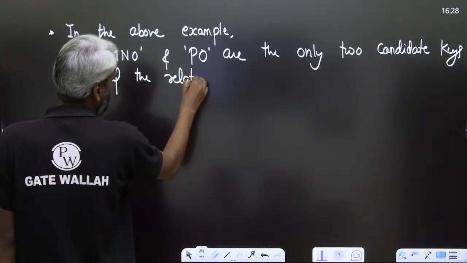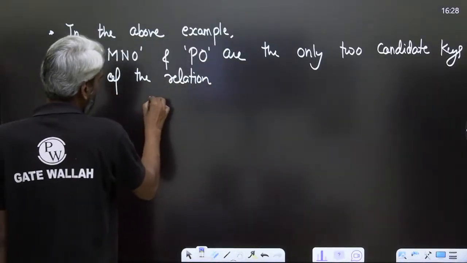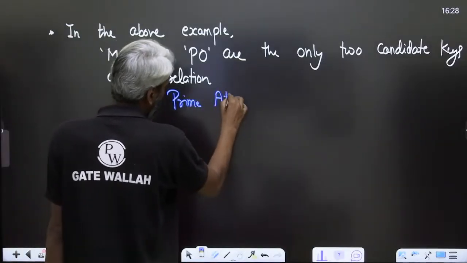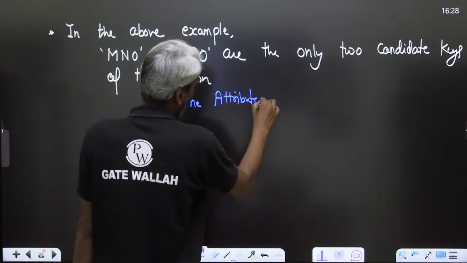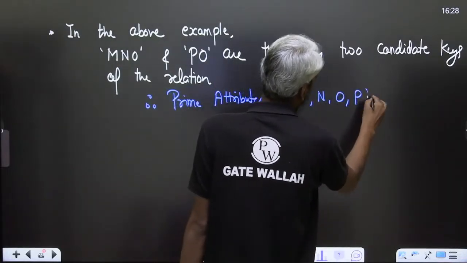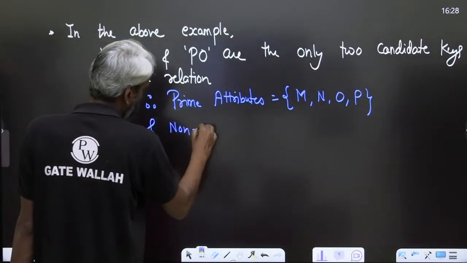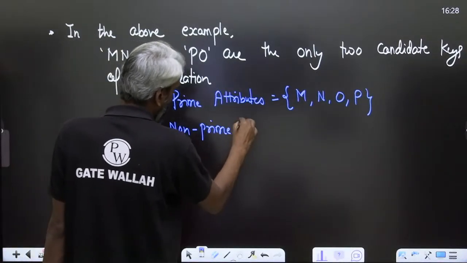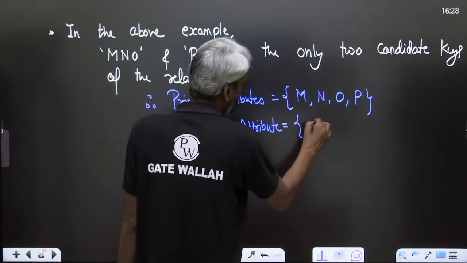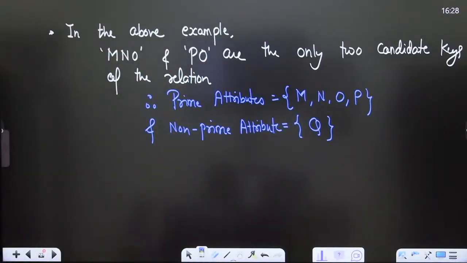Once you have identified all the candidate keys, you will be able to define the set of non-prime attributes as well. You have already found the set of prime attributes to be the set containing four elements: M, N, O and P. Now, the non-prime attribute is the attribute that does not appear in any of the candidate keys, and the only such attribute is Q, which is not present in any of the candidate keys. Therefore,